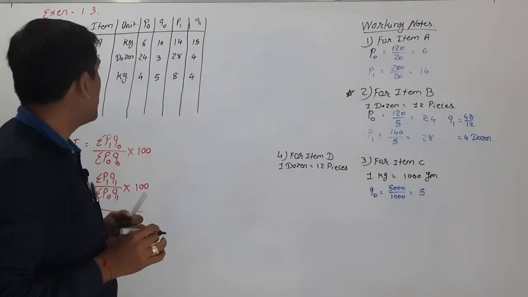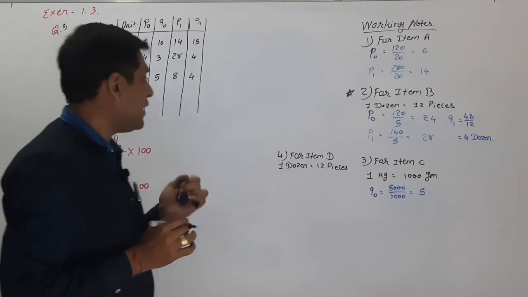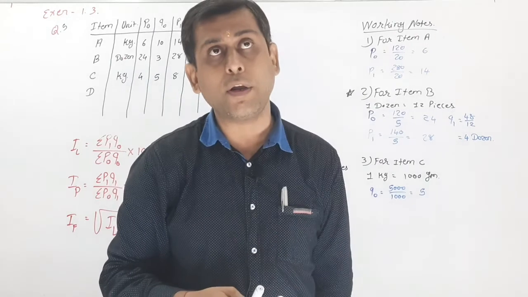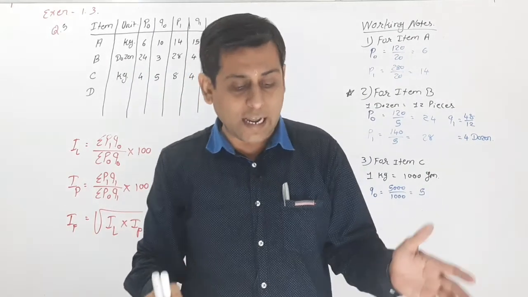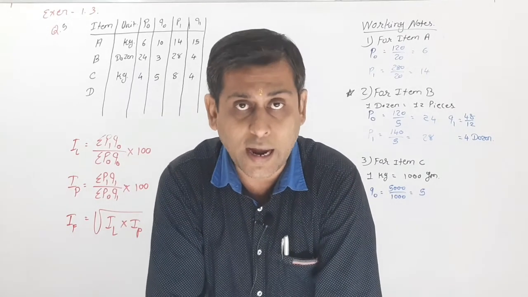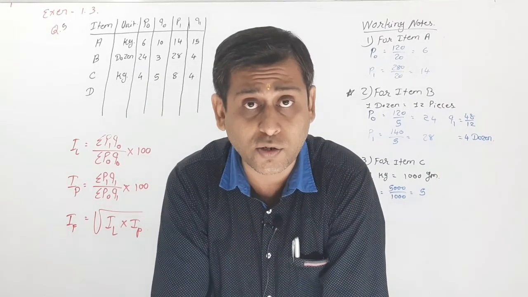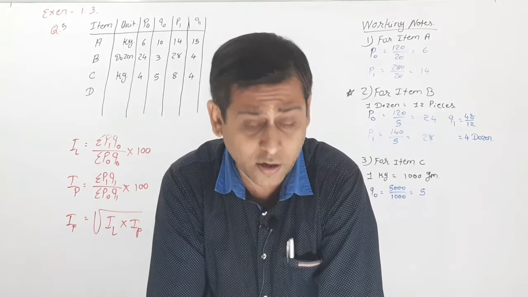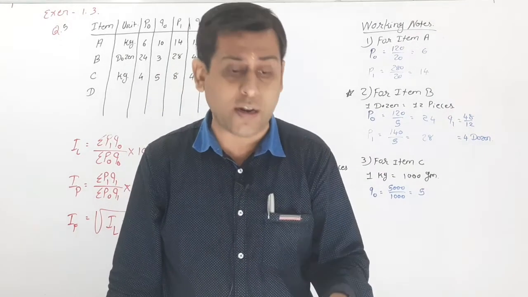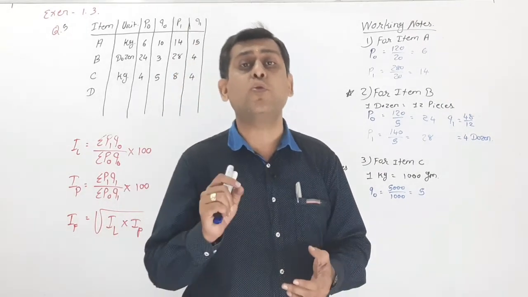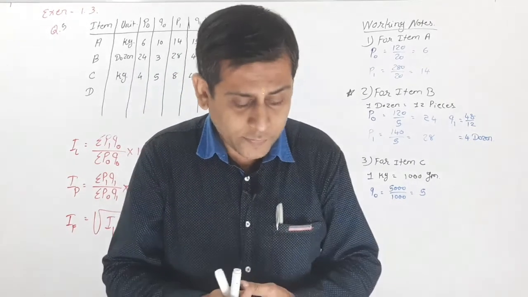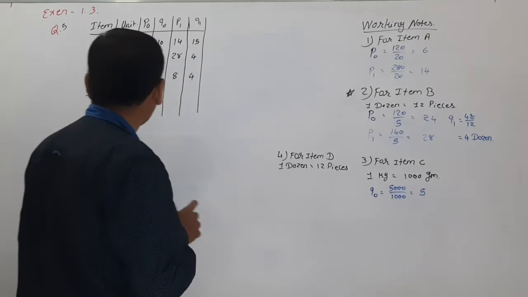Okay, so here item C is over, and now for item D. I told you in my last or second last lecture that whenever liter or meter is given, we don't have to change anything, but whenever an extra digit or extra amount is given in the unit column, whether at liter, meter or anywhere, then we have to convert it by dividing it with the price. Okay, so here 5 liter is given.